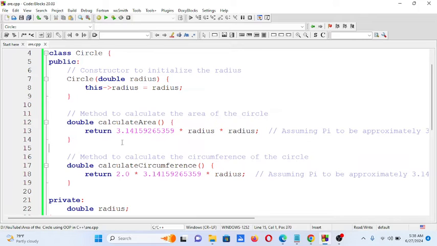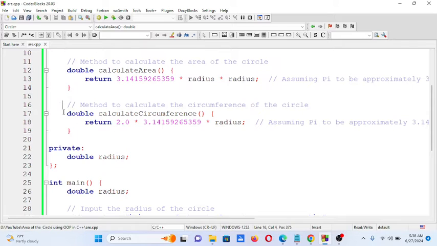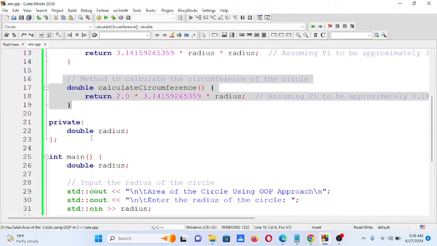and then we have another method to calculate the area of the circle. So we have here the formula, assuming that the pi is 3.14159265359 multiplied by radius twice. And then we have another method to calculate the circumference of the circle. Double